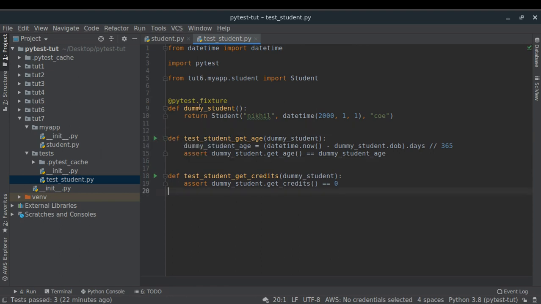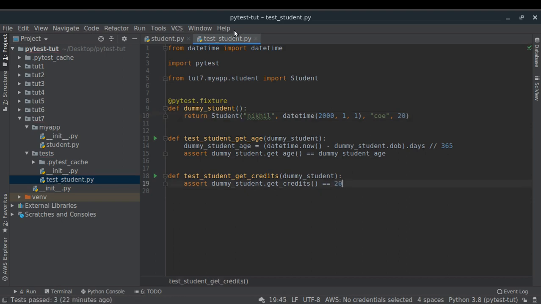This dummy student thing is not going to work well for us now, and we actually need a dummy student factory because we need multiple students so that we can create such a scenario where we have multiple students and we want to find who is the topper amongst them. So that is the thing. Let me import from tutorial 7. Here I need to pass the credits.